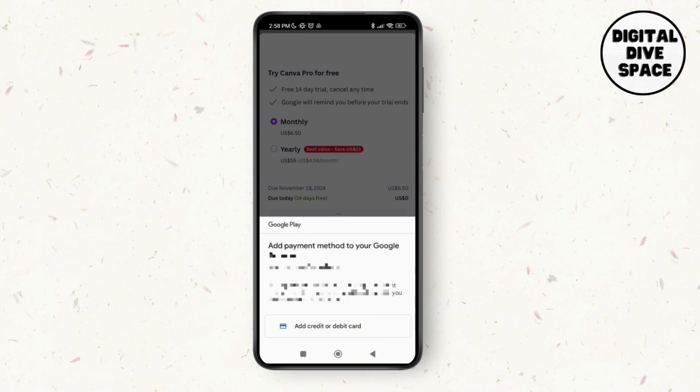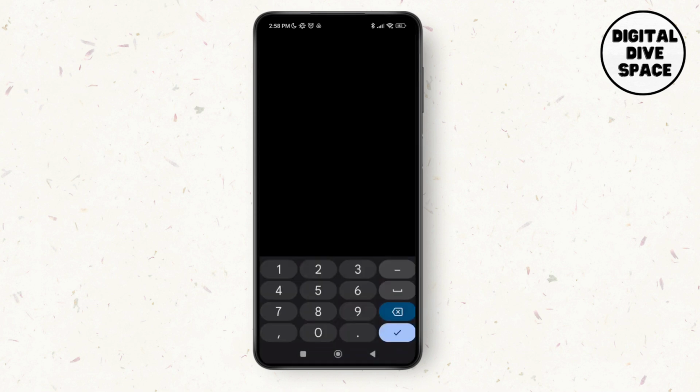So here you just have to mention your payment method. You can just tap on add credit or debit card, and you just have to mention a card number over here, and you'll be able to subscribe and get Canva Pro after your